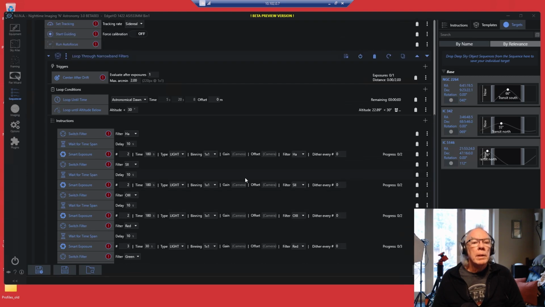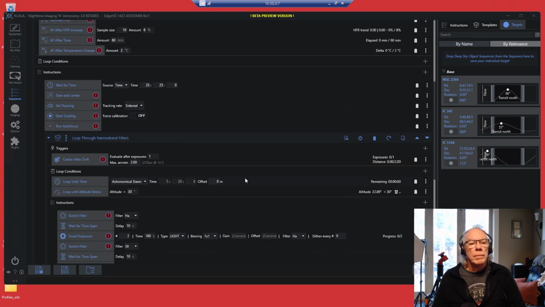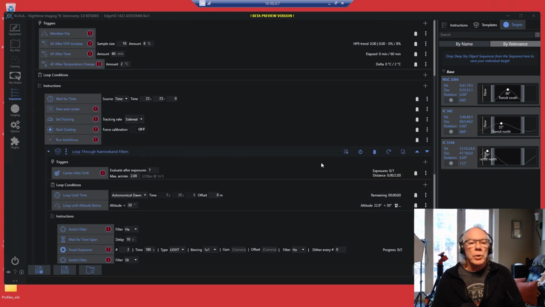Oh, no, this is the right example. So as a second target, what I need to do in advance is figure out when the first target is not going to be available anymore, when it's going to drop below 30 degrees altitude, or a point in time that I no longer want to image it. And then in this portion of the template, I set a wait for time.